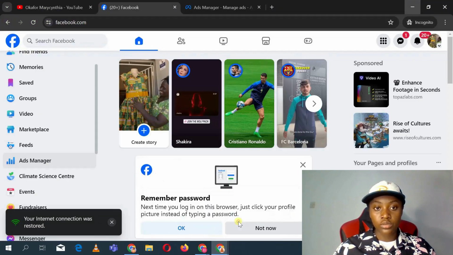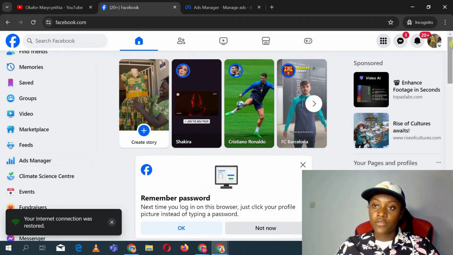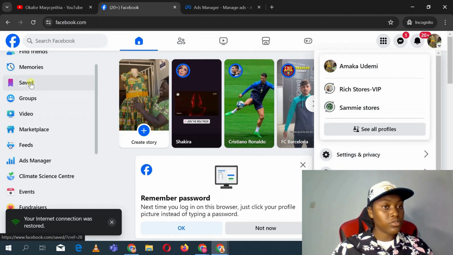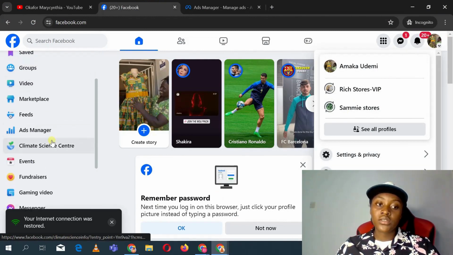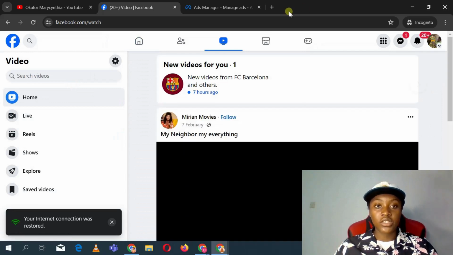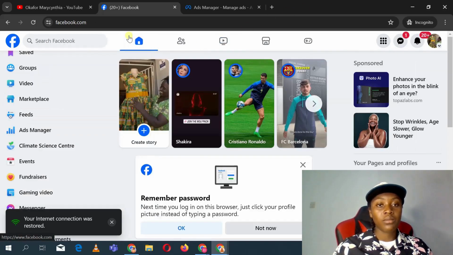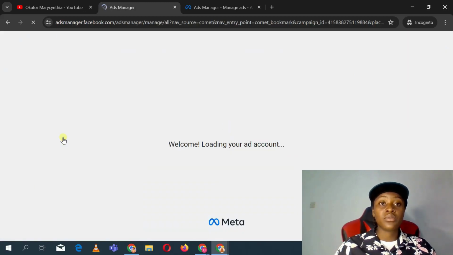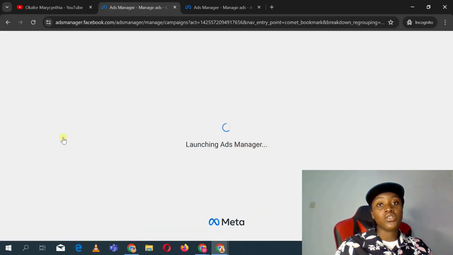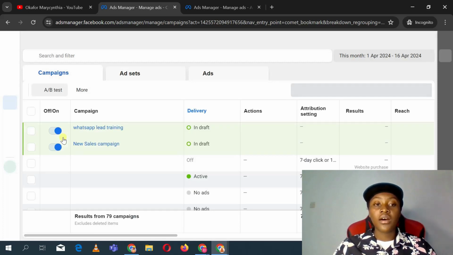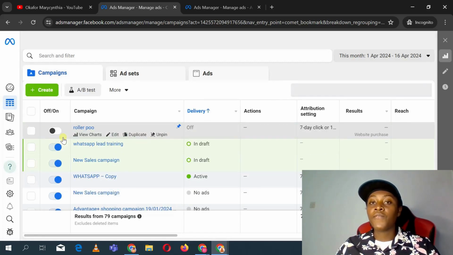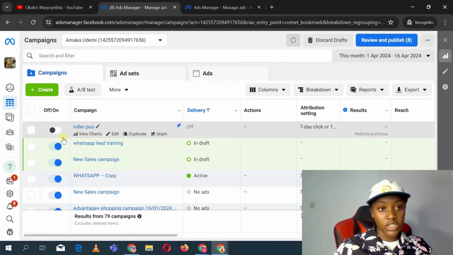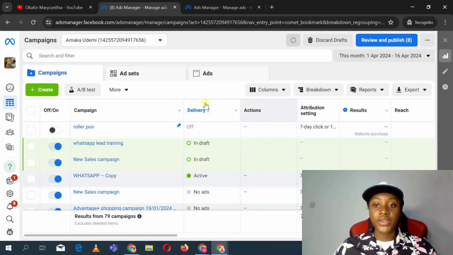Let's go back to my ads, right? So have a Facebook page. You already have some Facebook pages here, restores and semi stores, right? So first things first, I'm going to go to my ads manager. Then I'm going to show you different types of Facebook ads objectives that you can actually use to run your ads. Now, the usage of each of these Facebook ads objectives depends on why you're actually running your ads, right? So this is my Facebook ads